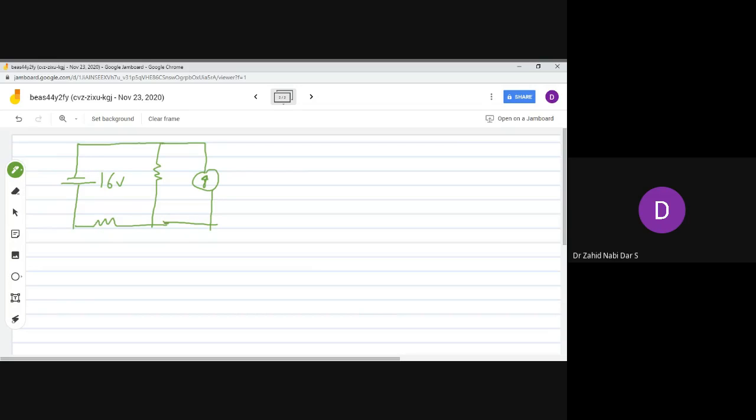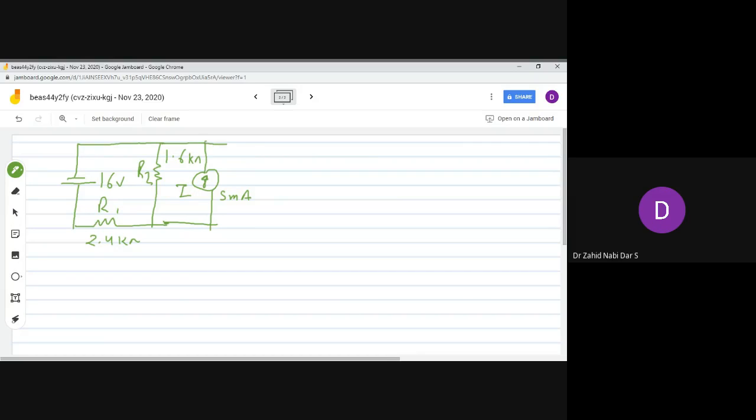Current source. So this is my current source. I is 5 milliamperes. Okay, this is 16 volt. This is R1. Let this be R2. Okay, R1 is around 2.4 kilo ohms. R2 is around 1.6 kilo ohms. And I have my I.